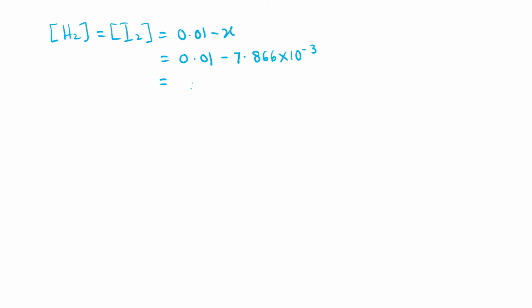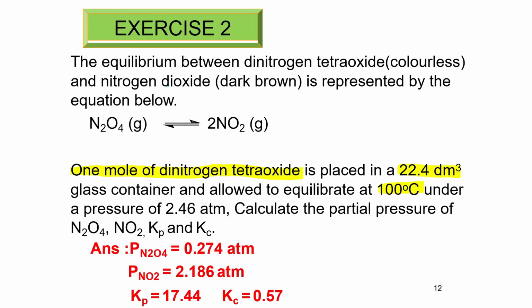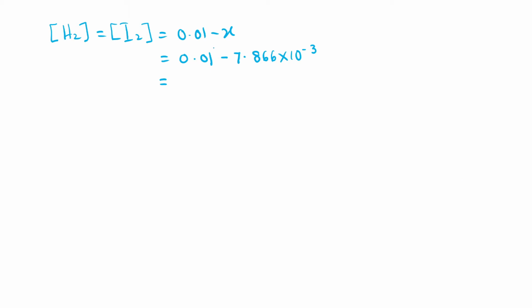We got 2.13. Okay, we got 2.13 for exponential negative 3 molar. The concentration of hydrogen iodide